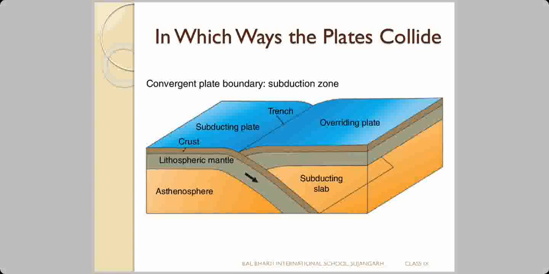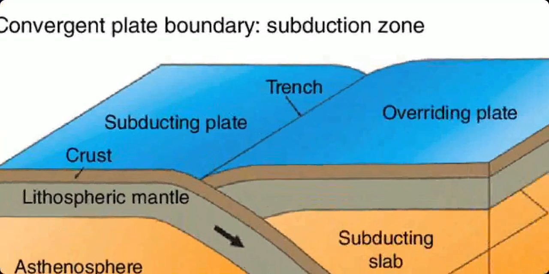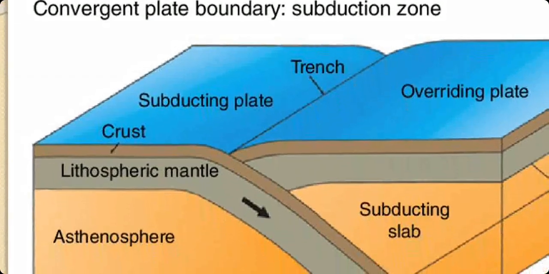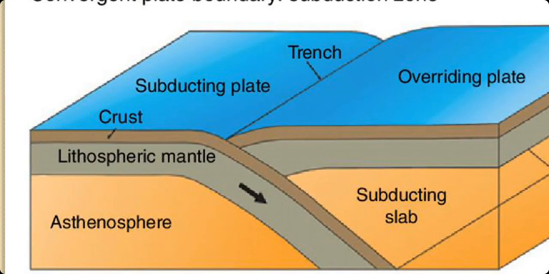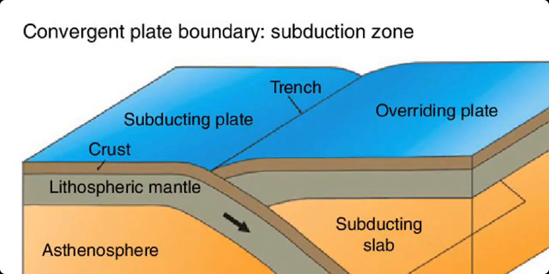Now let us see what happens when the plates move. Either they converge or they diverge or they rub past each other. Now let us see the first thing, if they are converging. In this, I want you to observe very carefully that the subducting plate, which is there on the left hand side, has gone below the overriding plate. This is the first thing I want you to notice. This is a result of a collision.